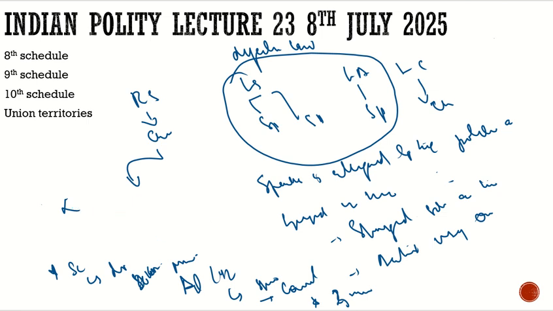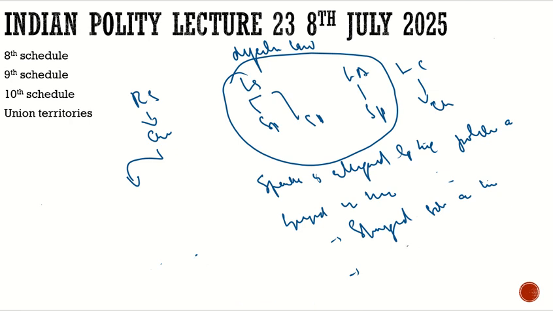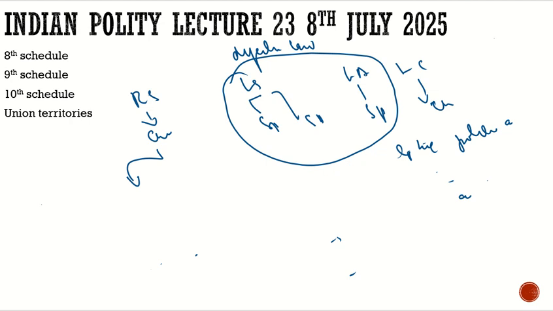Defection, what is this defection? What do you defect with? You defect with the political party. It is not defecting with the house. So